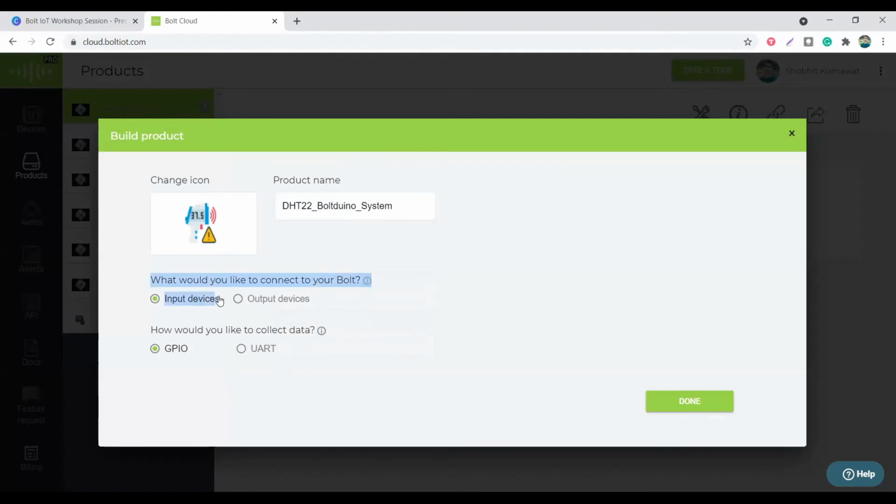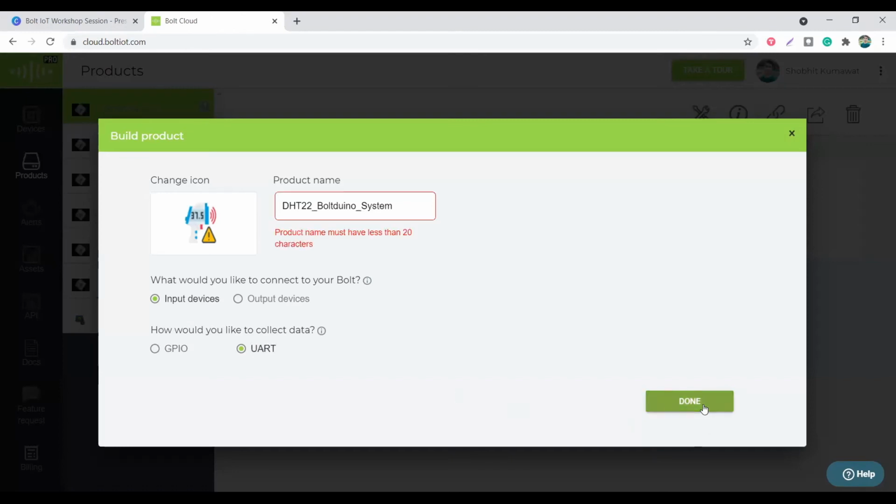I have connected input devices and I want to collect the data from another board. For that purpose, I will use UART. If you want to communicate with another sensor through TX RX pins, there are TX RX pins also available. You can read about it in the documentation of Bolt IoT itself. So I will be using UART as my communication. If you have attended the IoT and ML training, you must be aware of what UART is. It is already explained in the training. So I will be using UART for my purpose.